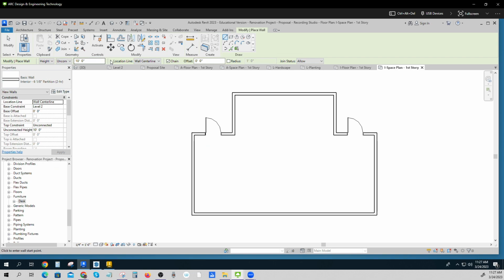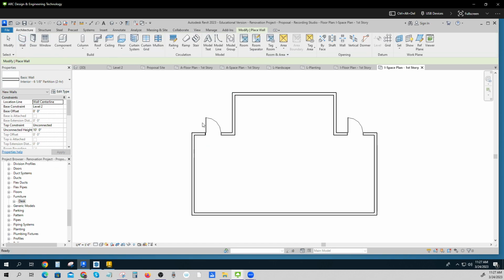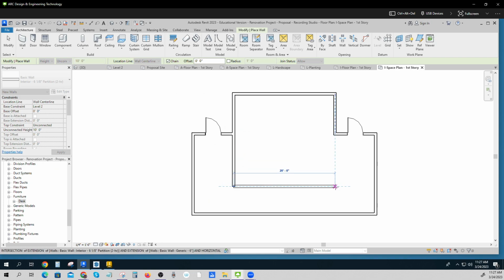Here we go. Back here a little ways, here a little way. Makes it pretty easy. A little wall down here. So now I've got a control room. I've got a music room, and then I've got a good size storage room